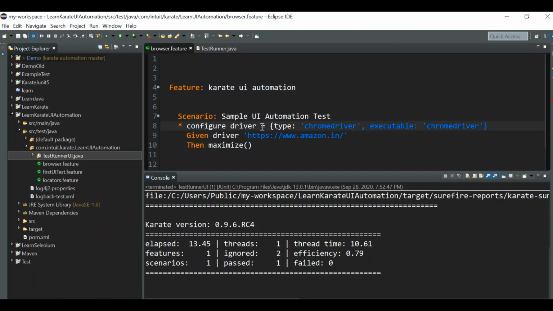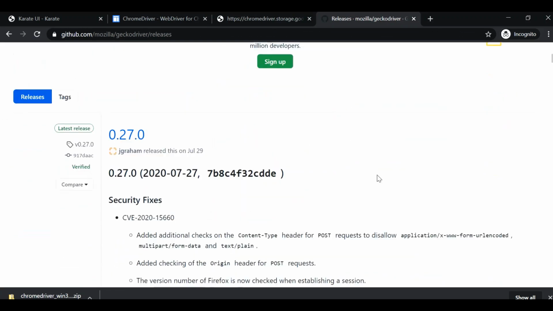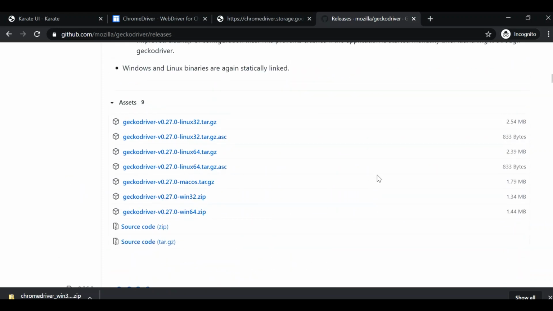Now let's say we want to run our script using any other browser. Let's say I want to run on Firefox. We know that for Firefox we have to download geckodriver, right? So let's search for that. You can search for geckodriver download, and from here you can download the geckodriver Windows 64 zip file. Once after downloading this geckodriver, you can unzip it and keep it in the Windows folder, C, Windows.